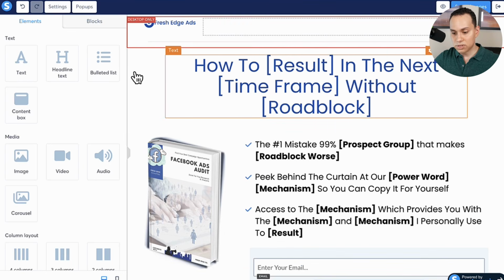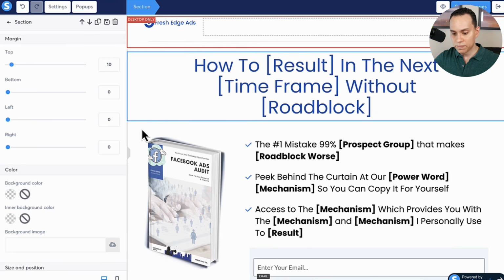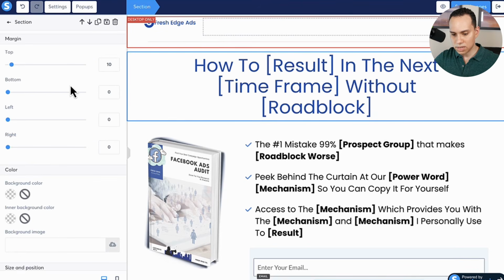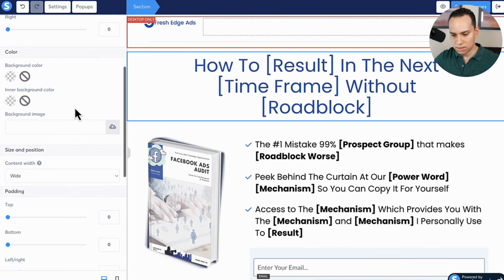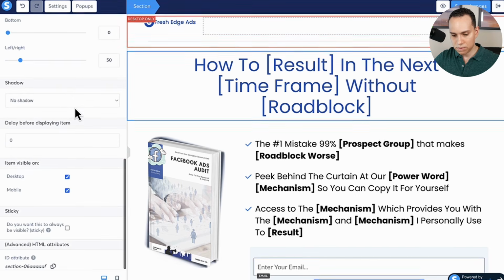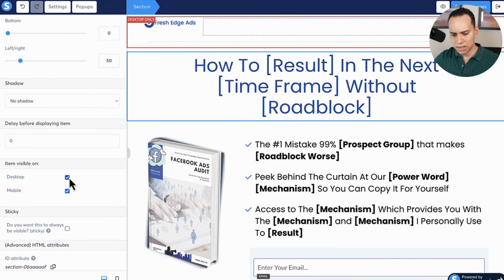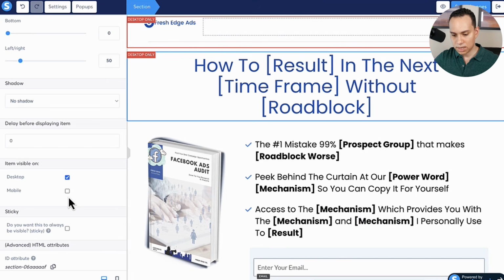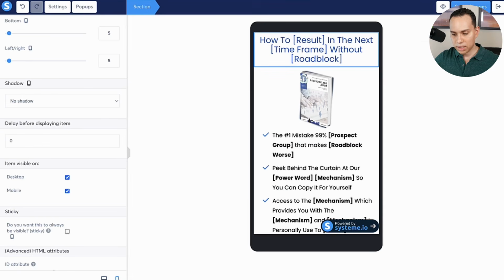And the only other page note that is really important is when you are creating your sections. So if I come to section here, you see I've selected my section. I'll come over here to the settings. If my computer will unfreeze, there we go. And you'll see here that you can tell it if it should show up on mobile, desktop, or both. So if I uncheck mobile, you'll see all of a sudden it says desktop only. So if I go to my mobile preview here, all of a sudden the headline's gone. If I come back to desktop and I say, no, I do want this on mobile, and I come back,